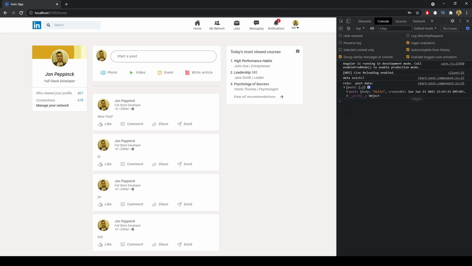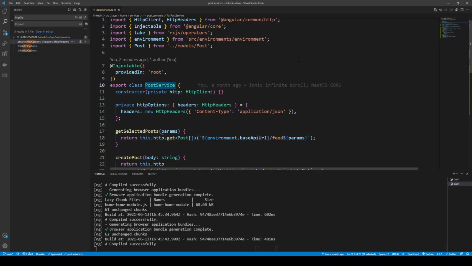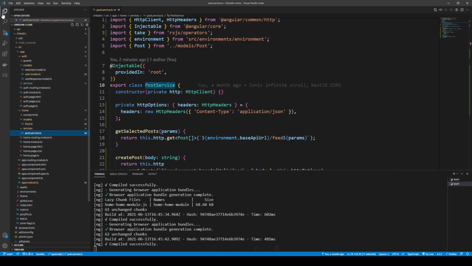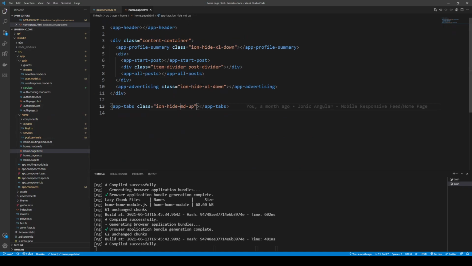Now we also want this to be in the all post component. So let's just go ahead and open up a few files here to see what we're talking about. If I start at the very base, I go into the home page even, we can see that we're going to have information in this app start post component, but we want it in this app or post. So how can we get